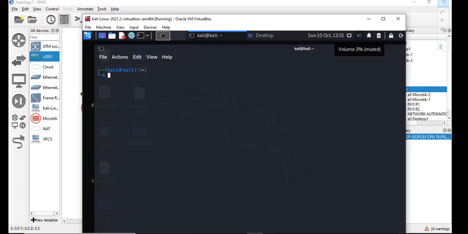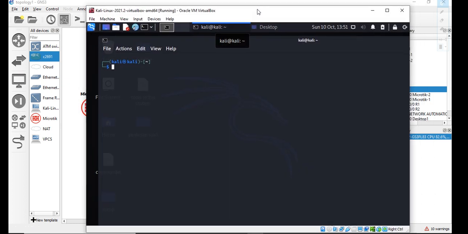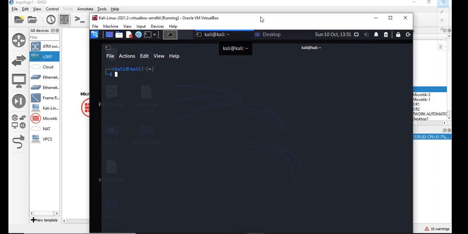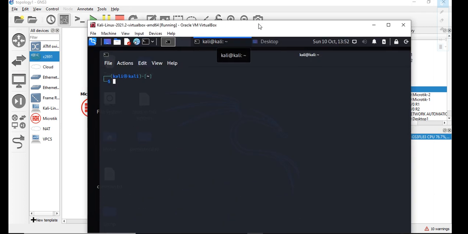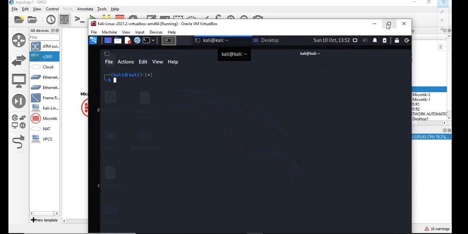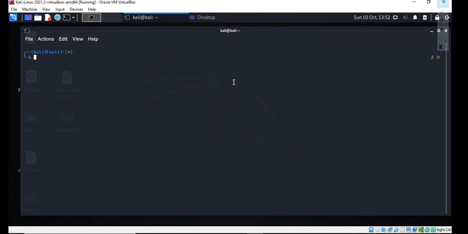To check that, this is the attacker's machine, which is Kali Linux. He'll be using this machine to gain as much information as possible. He'll be exploiting the network using this operating system, the attacker's operating system. The first thing he does is scan the network to see what devices are currently up. For that, he will be using a tool called Nmap.